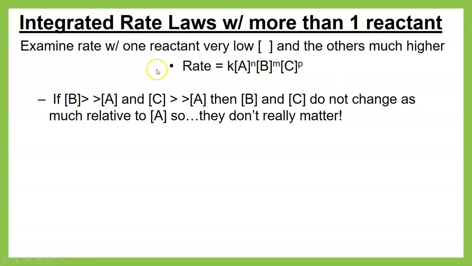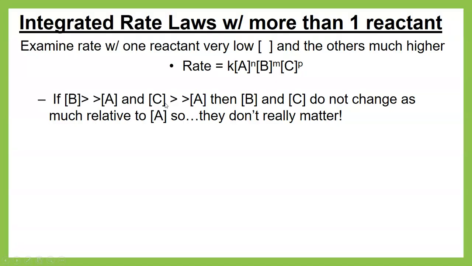If we make the concentration, let's say, of B really much bigger than A, and we make C way bigger than A, then when I change B or C,